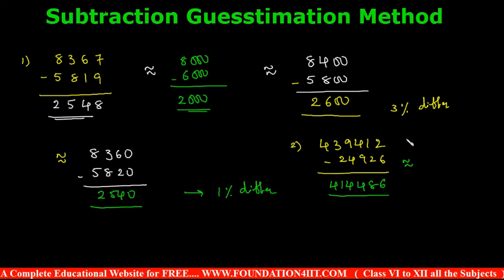For the nearest thousands, we can directly take 39,000 some change, so this is 40,000, that is 4,40,000. This is 24,900 some change, so approximately 20 thousand. So guessing is very fast in this case if you round to the nearest thousands. So 4 lakhs 20,000. If it is the nearest thousands, the guesstimation is very simple.